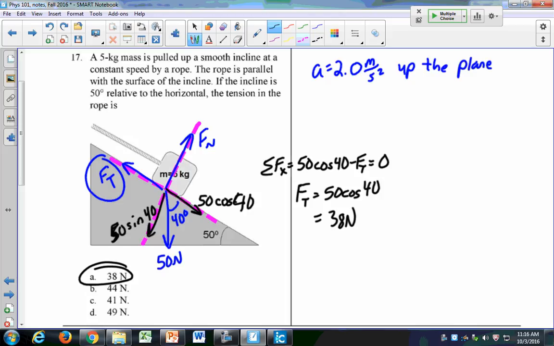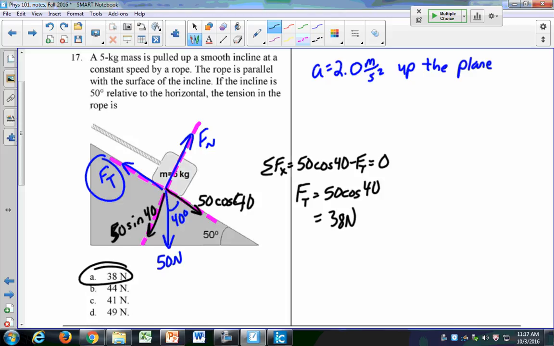Okay? From the coordinate system, write down all the forces that I know to be acting, and resolve the forces that are off the x or y axis. Usually that's just going to be the weight. Almost always that'll be the weight. Once you resolve them, apply Newton's second law. At this point, you might be able to just step back and say, okay, I'm just looking for this. This is equal to this, and so I just need to find 50 cosine 40